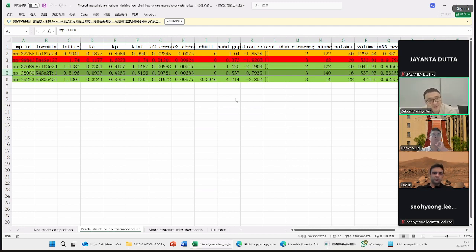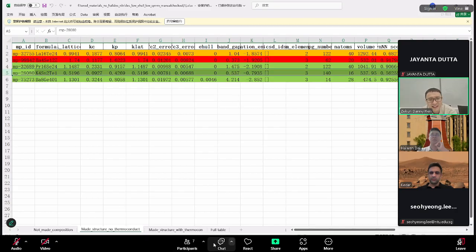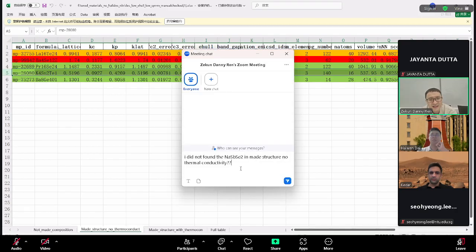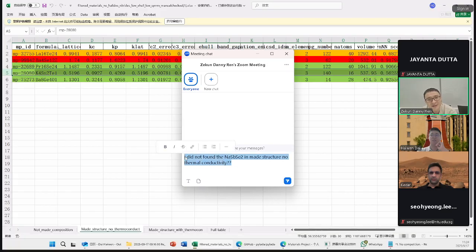So this is not really found in ICSD, but you found it from another database, right? What's the PDF? Which database did you find it in, Helen? Literature, I think. We lost Ivan, I think he's frozen.